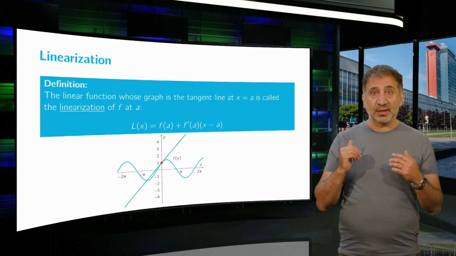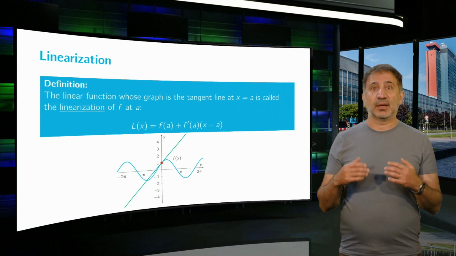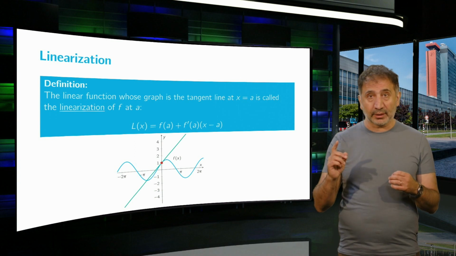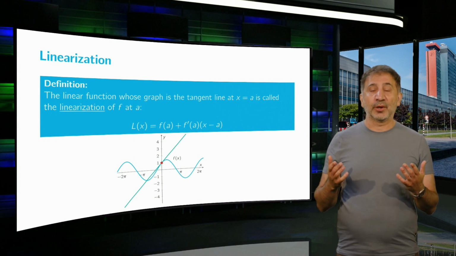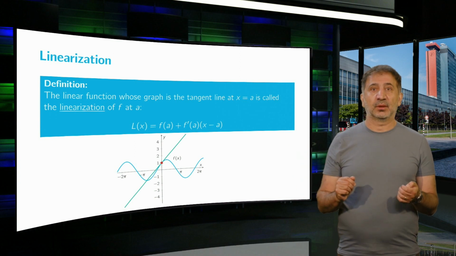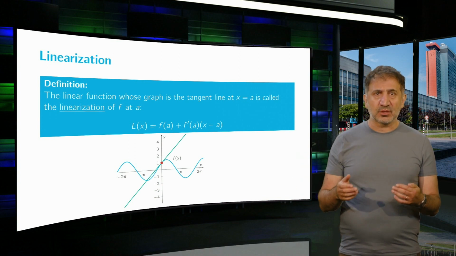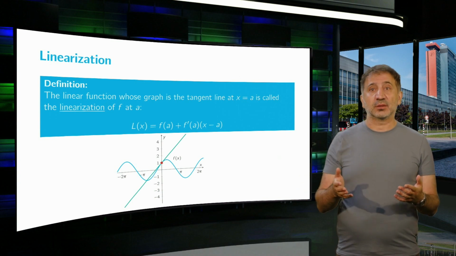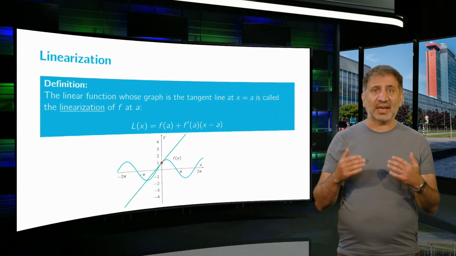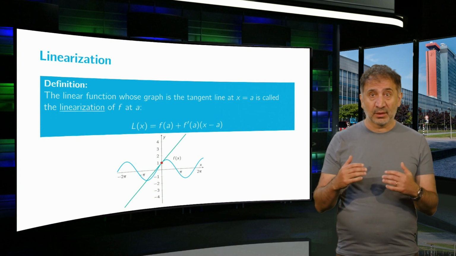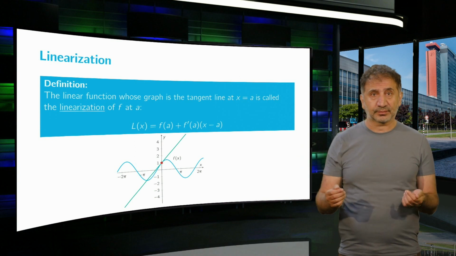The idea of a linearization of a function at a point is that we are looking to replace a function locally, meaning close to a point, by a line. In other words, a linear function. Look, it doesn't make sense to replace the sine function on the screen by a linear function. You miss literally everything that is essential to the sine by representing it by a linear function.